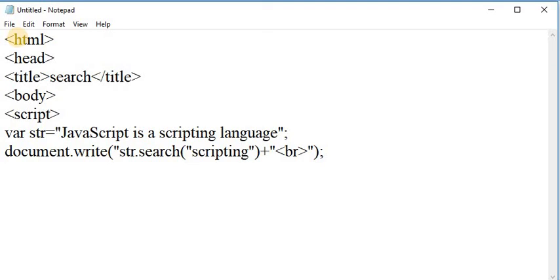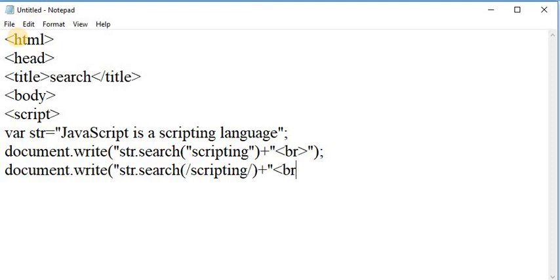After that, again I am finding with a regular expression: document.write, taking str.search with a regular expression, that is scripting. Again I am taking a regular expression and take the break tag.